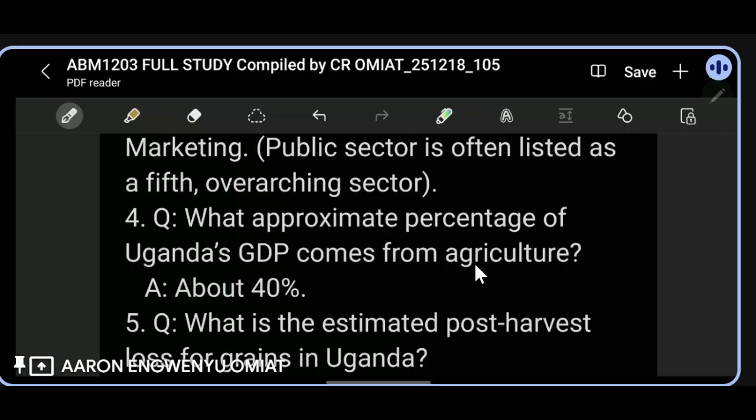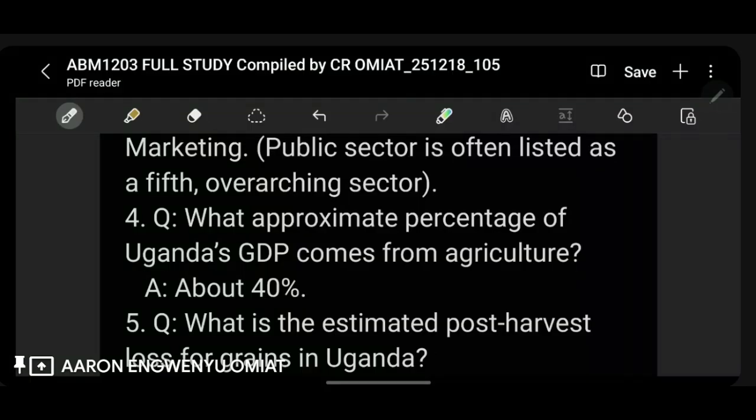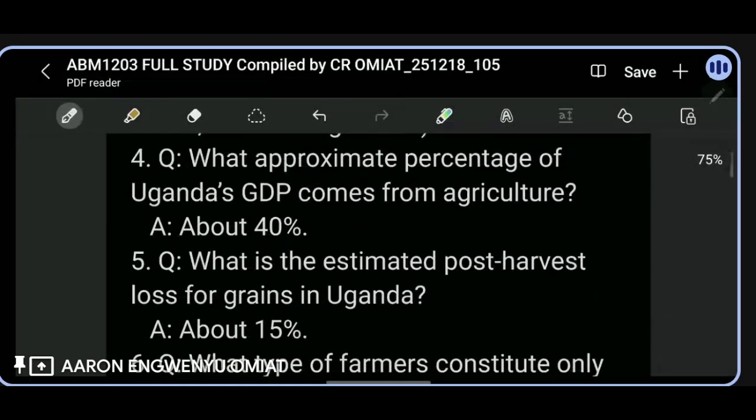Okay. Actually, this percentage was not given in the notes we looked at, but if you remember last semester, Professor Kaya mentioned it. About 15% of the grains are lost due to post-harvest losses. Sometimes for perishables, this is for grains. Do not confuse. The one we saw, the 40%, up to 40% was for perishables. Up to 40% of perishables is lost to post-harvest losses. But for grains, on average, 15% is lost. So if you're growing 100 kilograms, 15 kgs of those are lost. So you can see how this is affecting incomes